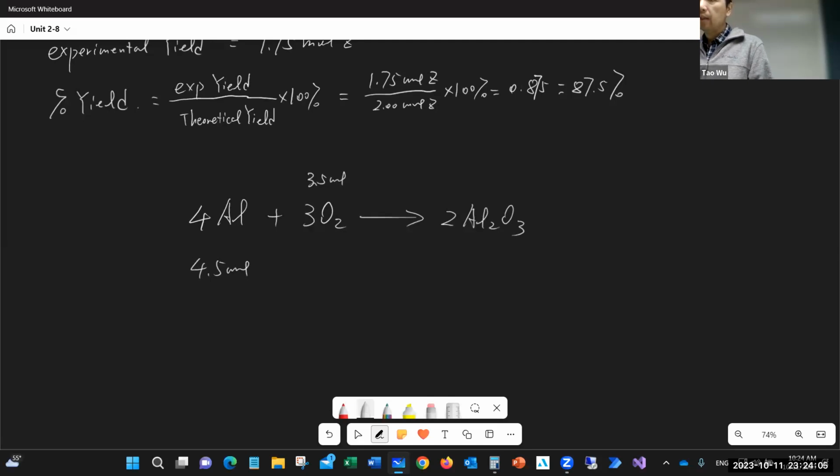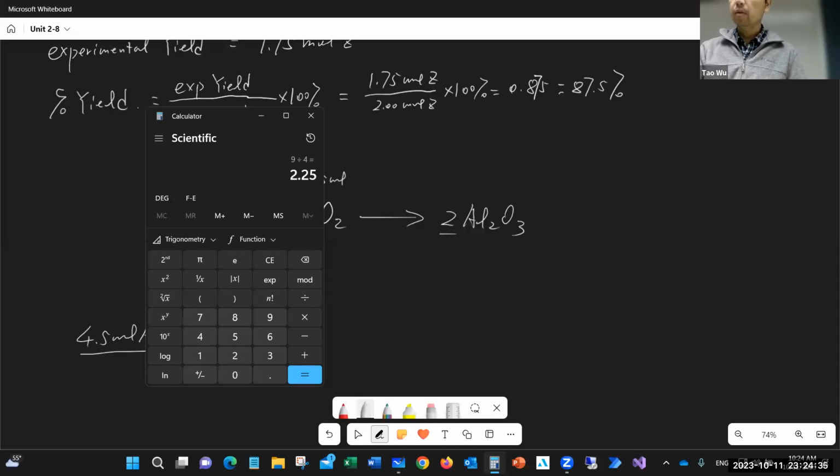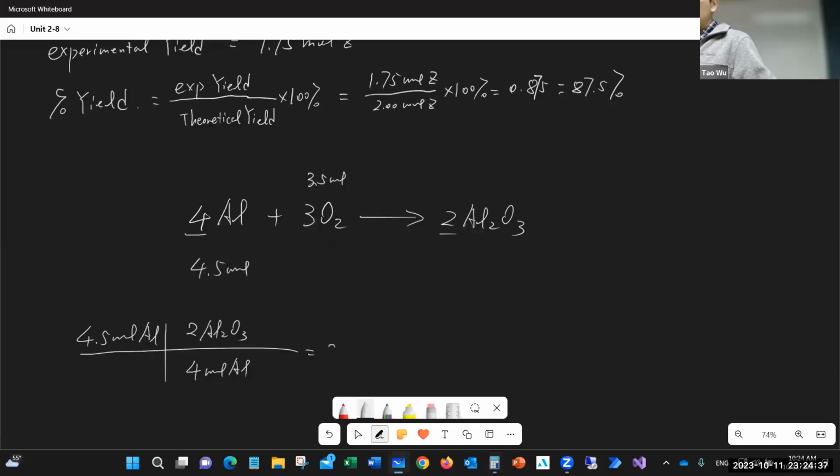So first, the idea is if we use up all the moles of aluminum, how many moles of aluminum oxide can we produce? Well, that's just a 4:2 ratio. We have 4 moles of aluminum, and then we gain 2 moles of aluminum oxide. So 4.5 times 2, which is 9, divided by 4, that's going to be 2.25. So based on moles of aluminum, we can generate 2.25 moles of aluminum